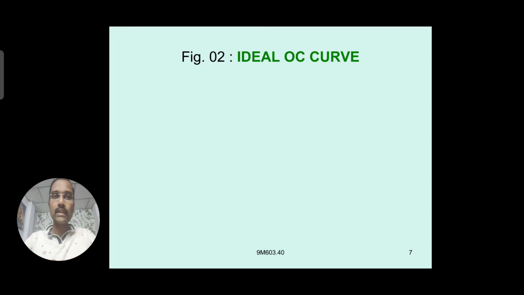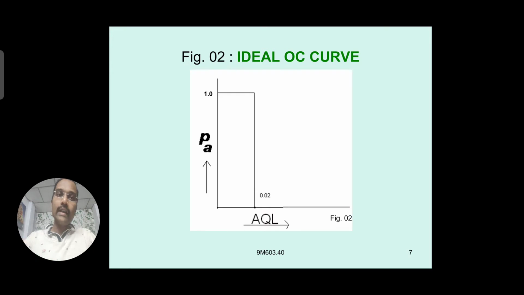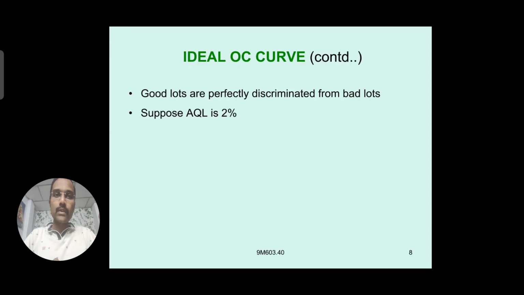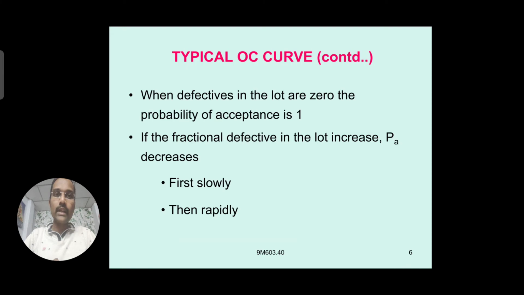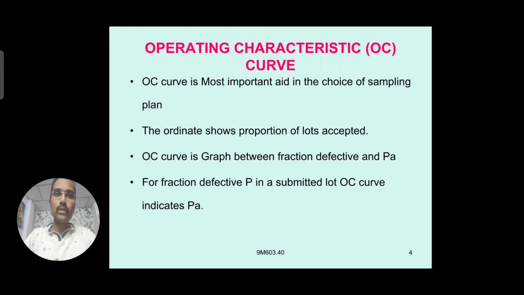And there is another curve which gives some idea when you consider an ideal OC curve. You can see here what it gives. Observe the graph here, the probability of acceptance, again the same thing, and there is an acceptable quality level, AQL. So we'll get some idea regarding this AQL. Then we discuss what this ideal OC curve is. You look at this idea. This acceptance quality level, what is that? We'll go through that.